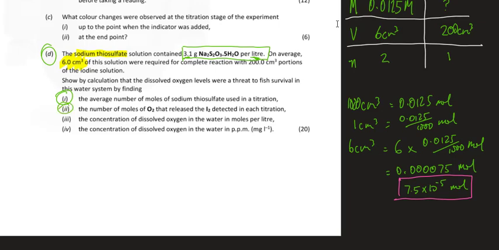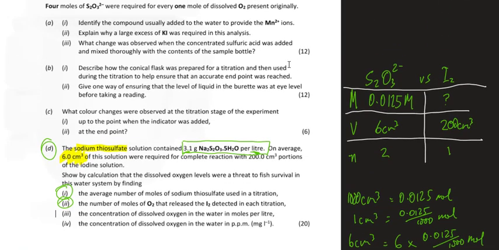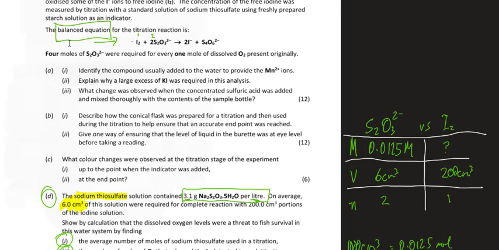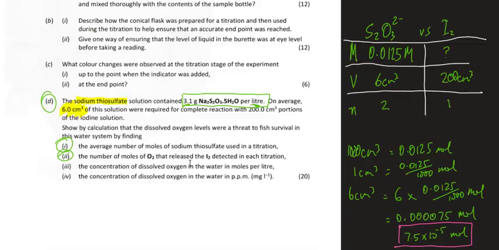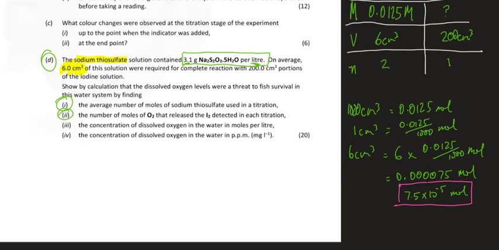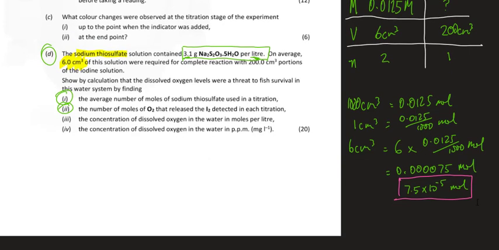Part 2, the number of moles of oxygen that released the iodine detected in each titration. Okay, so I think further above we're given the ratio. Up here, I'll highlight it in yellow so you can see where I'm looking. 4 moles of the thiosulfate ion were required for every 1 mole of dissolved oxygen. So that's a 4 to 1 ratio. We've got the number of moles of the thiosulfate ion. So for part 2,